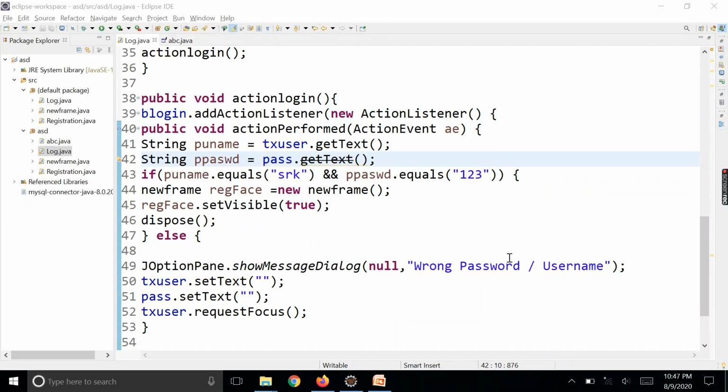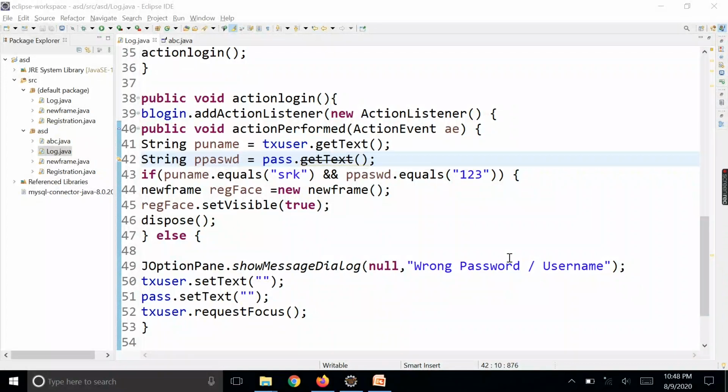So the new window opens with a new frame. Reg face is equal to new frame, and reg face dot setVisible true. So we have created the new frame and we are setting visible true only when the username and password match. And then we are disposing that particular frame.